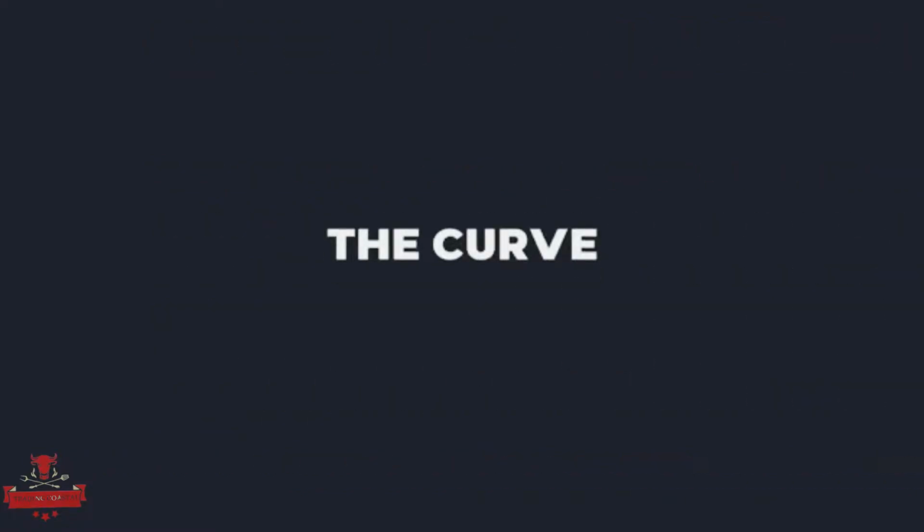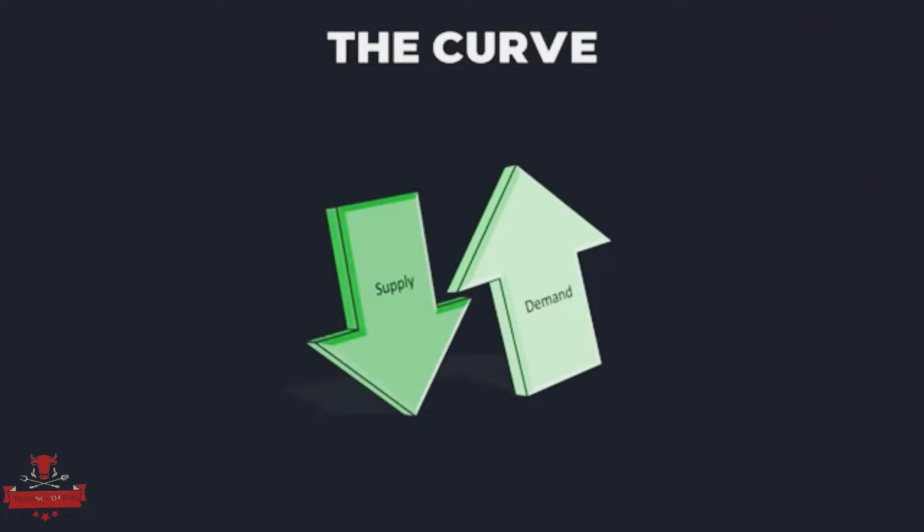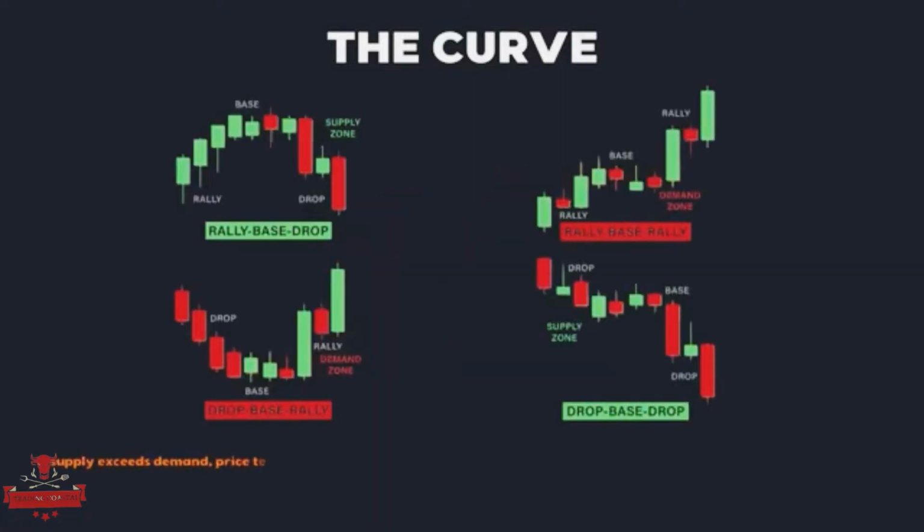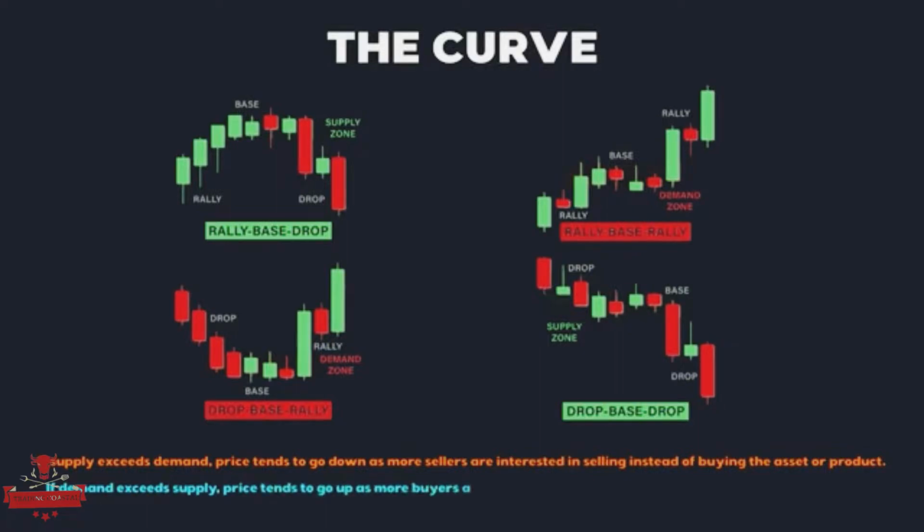The curve. Supply and demand are two dynamic forces that establish market prices. These forces are driving prices up or down based on who's in control. For instance, if supply exceeds demand, price tends to go down as more sellers are interested in selling instead of buying the asset or product. If demand exceeds supply, price tends to go up as more buyers are interested in buying instead of selling the